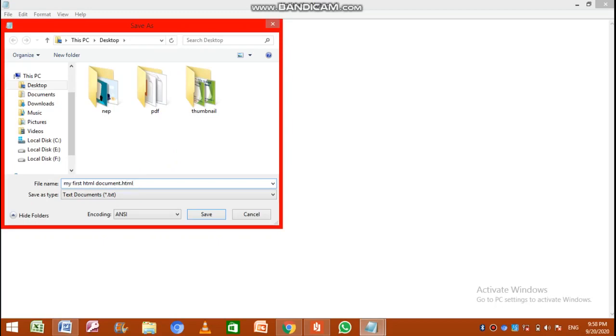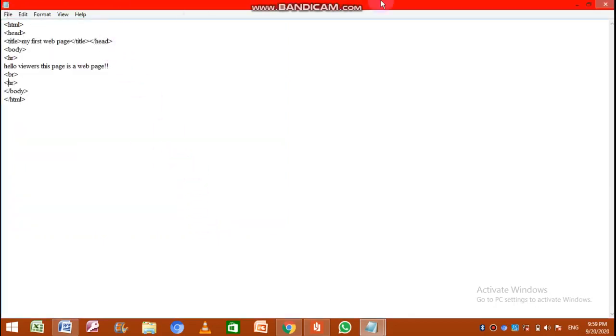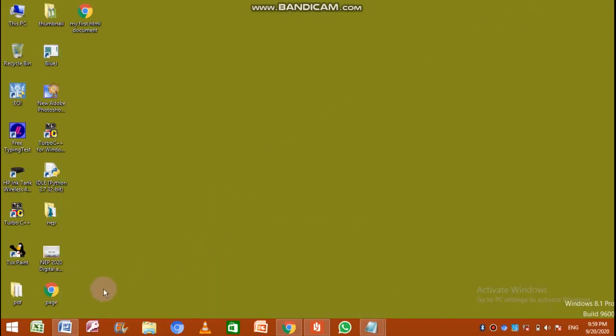So this is the way to create an HTML document, or you can say a web page, by giving the extension .html. Other formats are also there, like .xml, so VML, many options, but because we are creating using the HTML language, we will give the extension .html. Save it on the desktop. Let's see on the desktop.